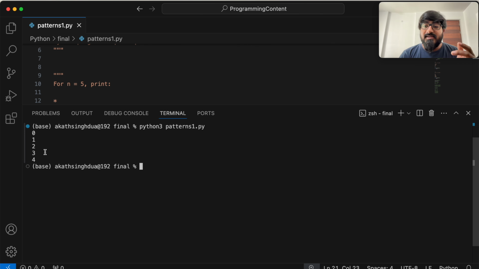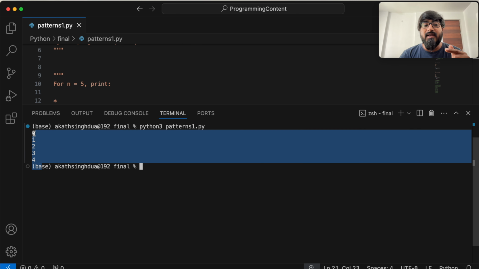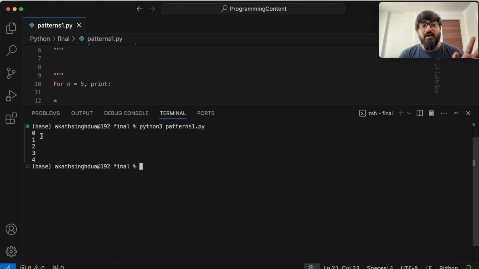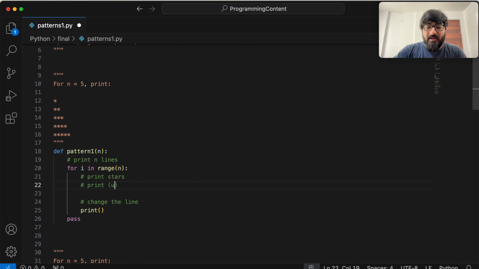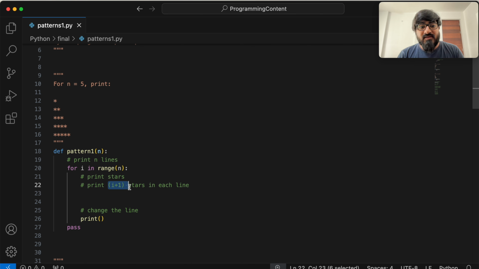Okay, so you can generalize this by saying you have to print I plus 1 stars in each line. Okay, for 0, 1, for 1, 2, for 2, 3, for 3, 4, and for 4, 5. So print I plus 1 stars in each line. To print a line that contains I plus 1 stars, you can either create a string of I plus 1 stars and print that string as it is, or you can loop I plus 1 times and print a star in each